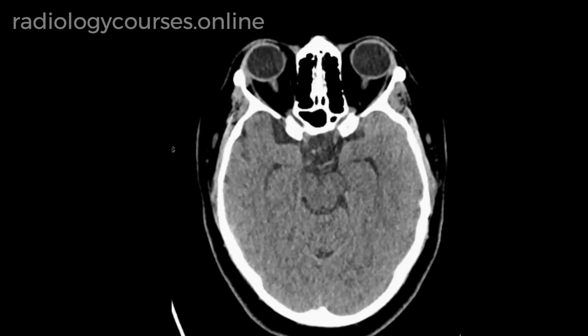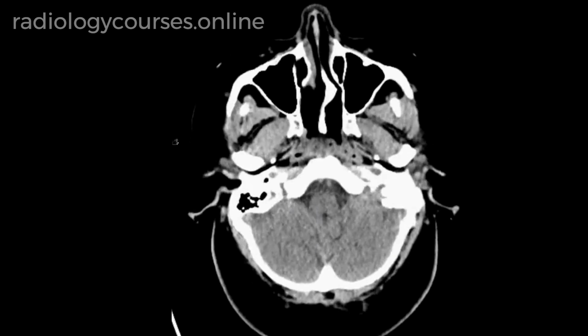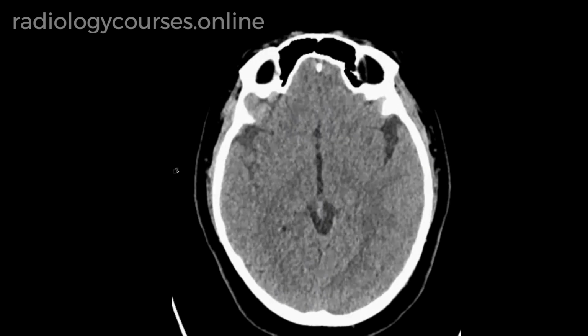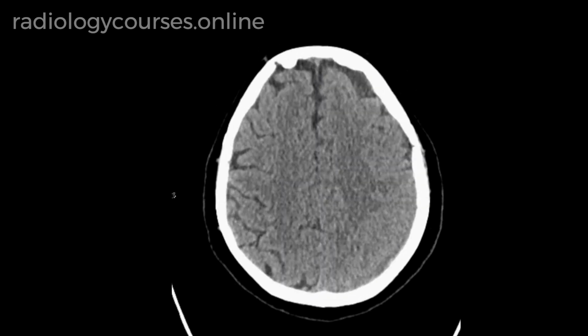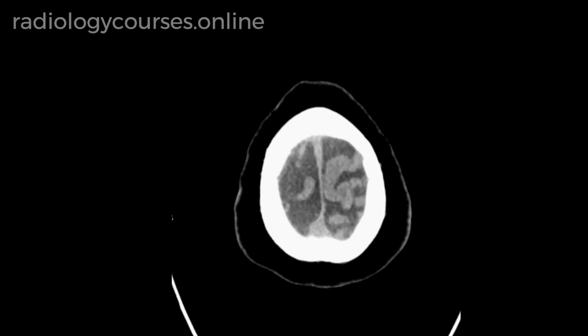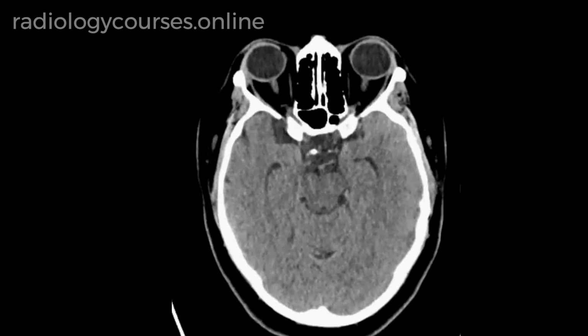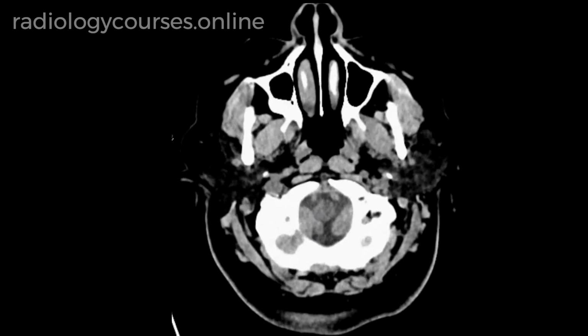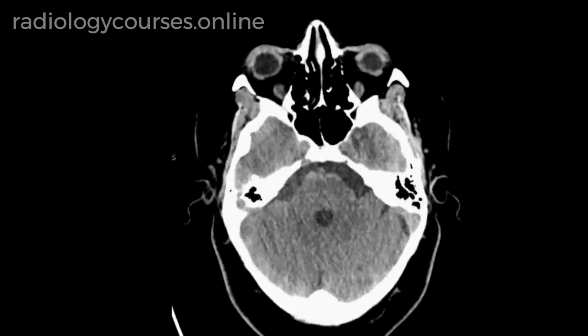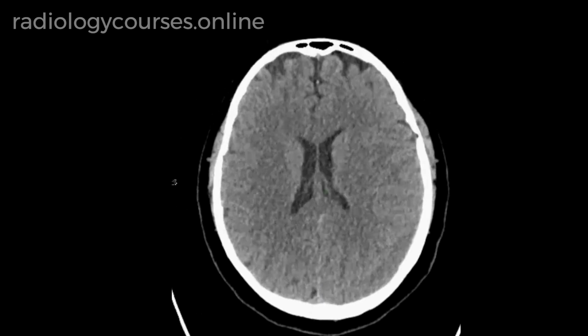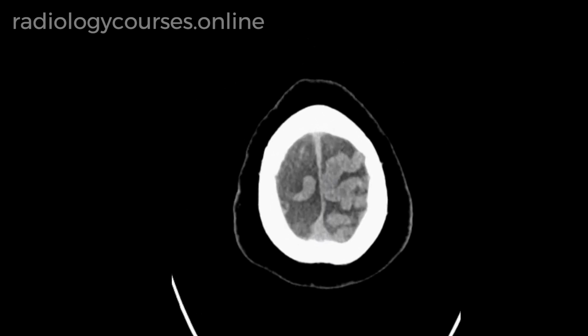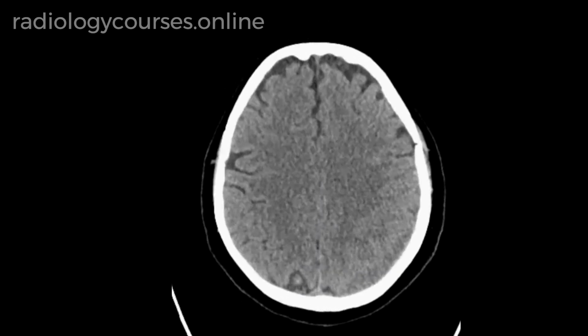Here we have a non-contrast CT brain in a 35-year-old female with a history of ongoing headache who is on anticoagulation for recurrent pulmonary thromboembolism. On the first look, there is no evidence of acute intracranial hemorrhage,